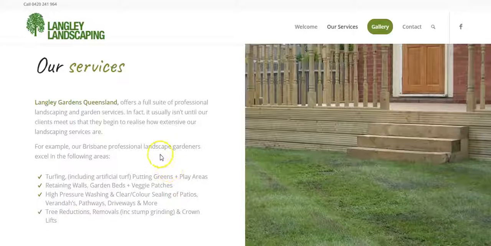Then have maybe 500 to 750 words on each of those service pages. So when people are searching retaining walls, you'd have that as its own page, content written, keywords inserted, and they would be taken straight to that page, like it's its own website, so to speak. So there's a lot of opportunity there, and I'm not sure why gallery's got that background, but